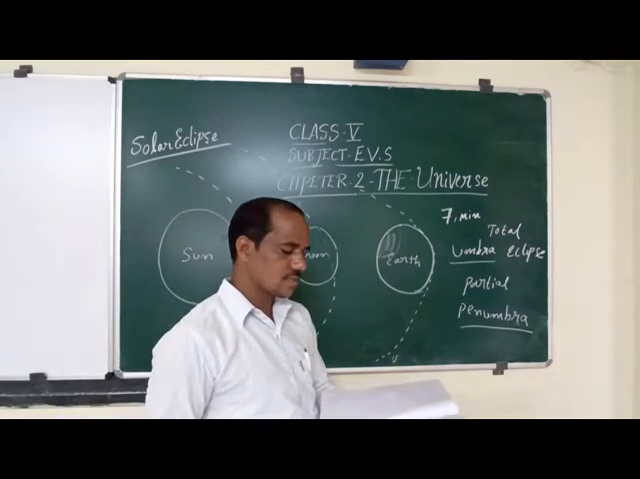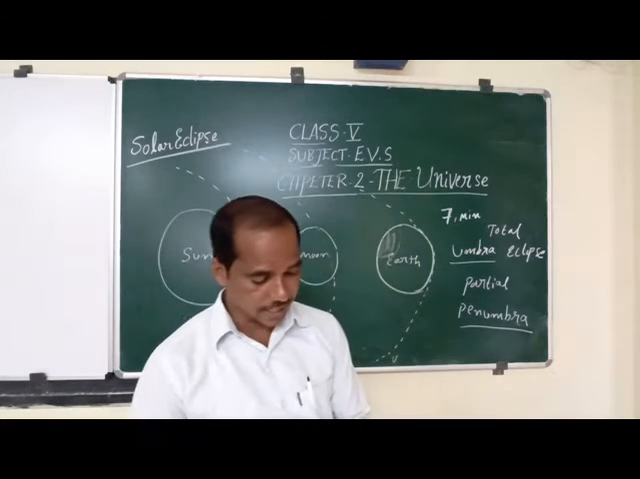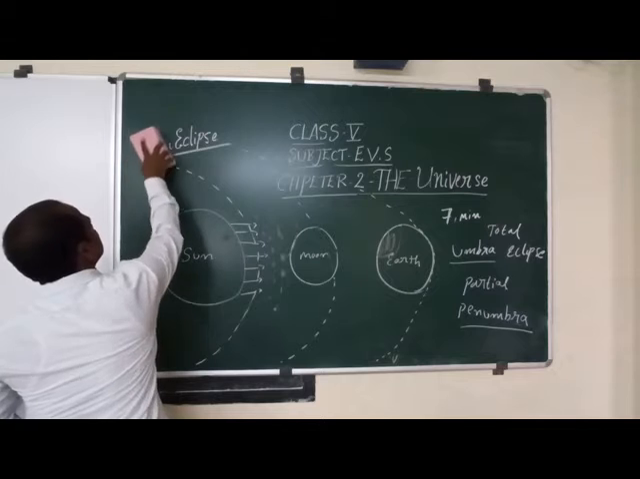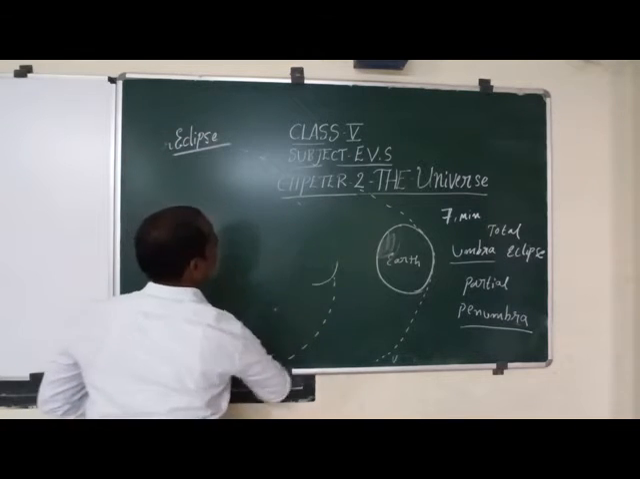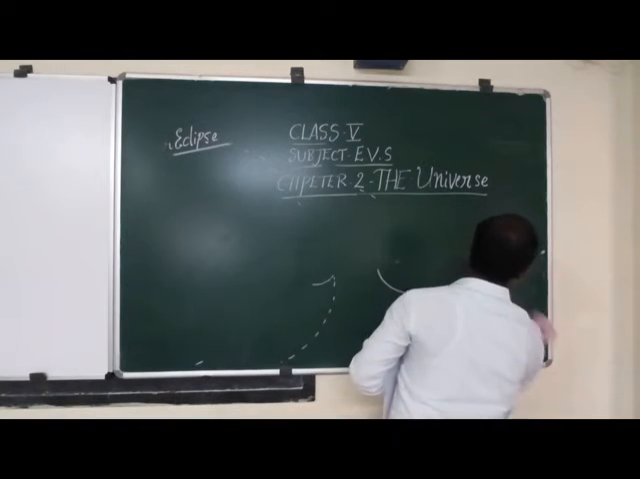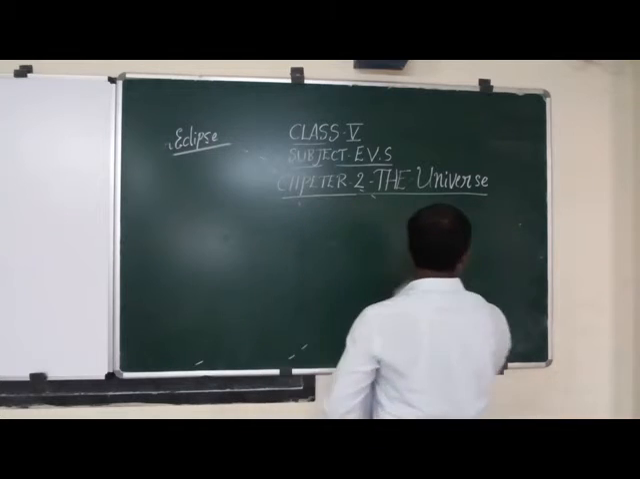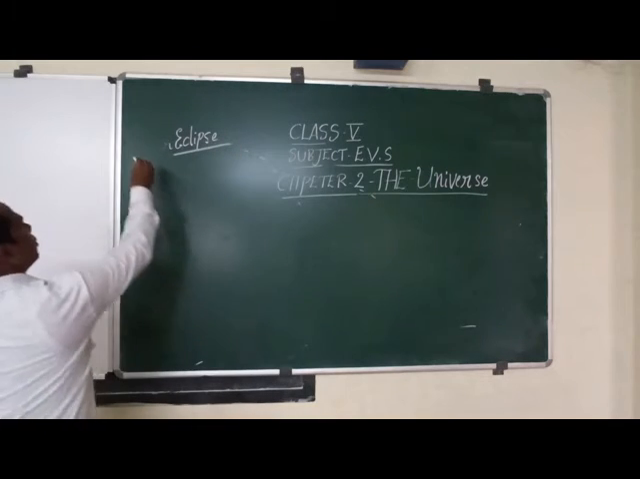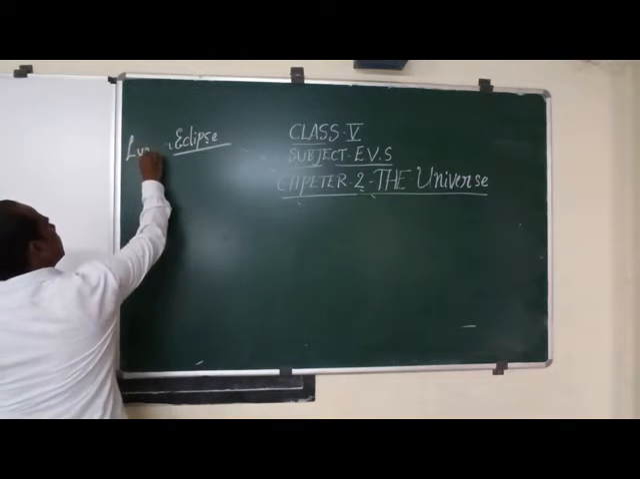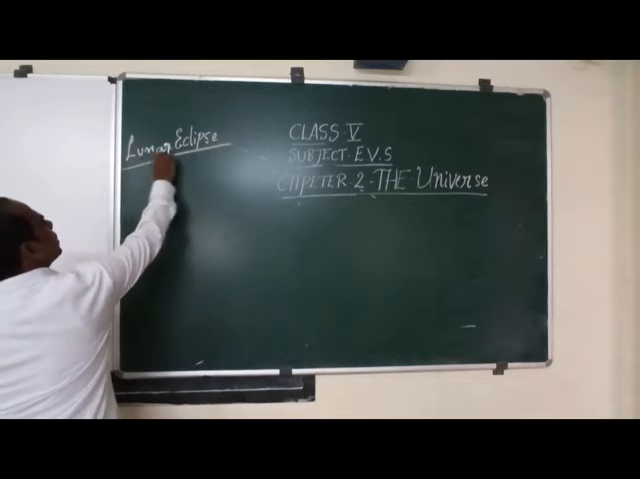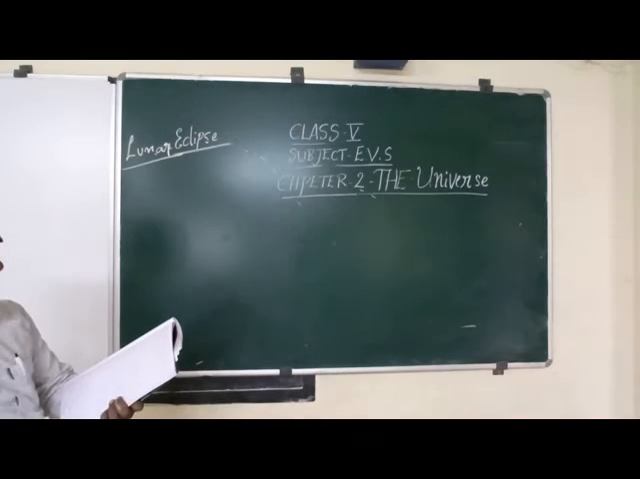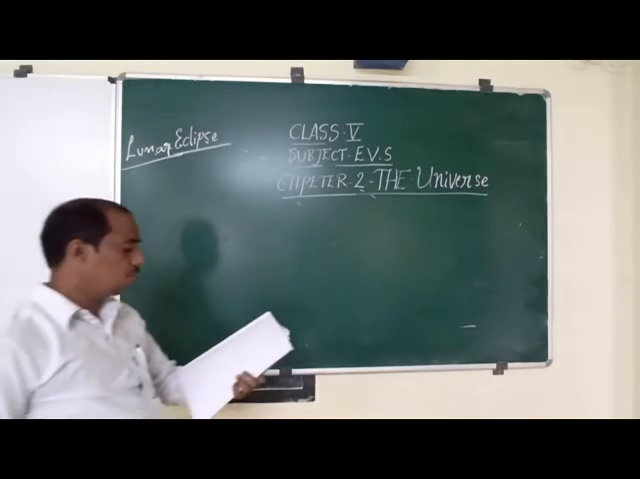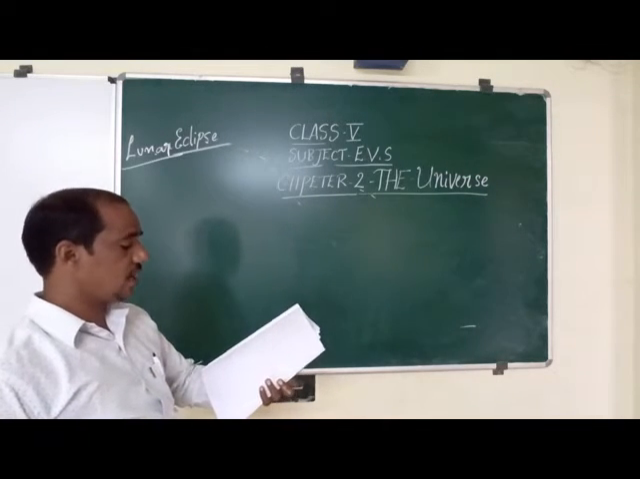Okay, children. Next, let us learn about the lunar eclipse. A lunar eclipse occurs on the night of the full moon day only. It occurs on full moon day, when the earth comes in between the sun and